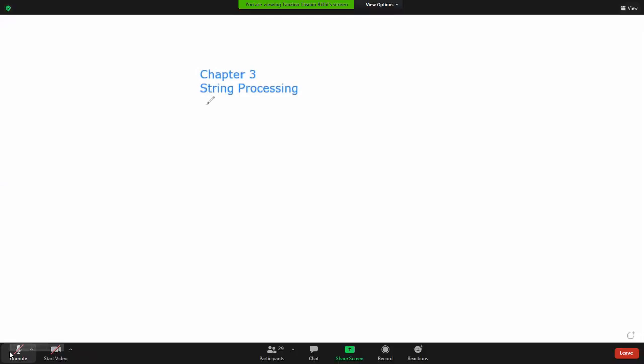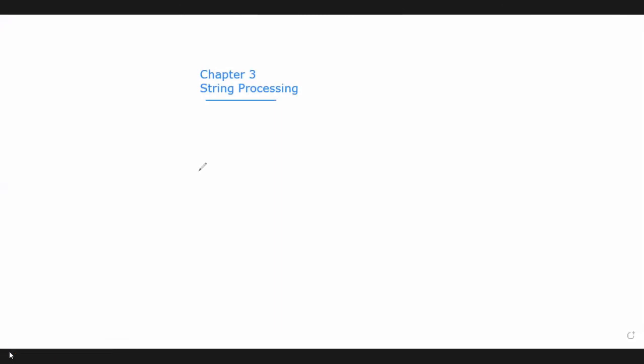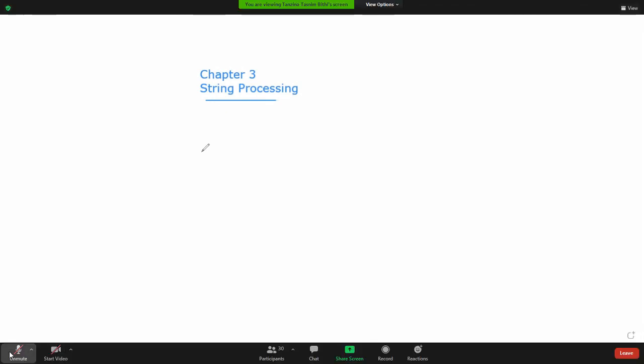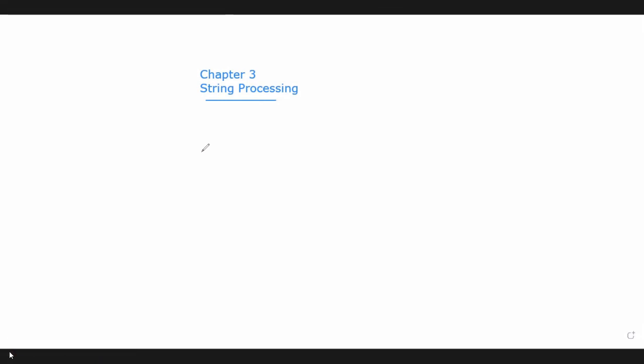So this chapter is all about string processing. And do you know why the computer was invented? For performing arithmetic operations on numerical values. But is a string numerical data? No, madam, it's character data. That means the computer can process character type data also. So in this chapter, we'll discuss how this character type data can be stored in the computer memory, and how the CPU can process it.